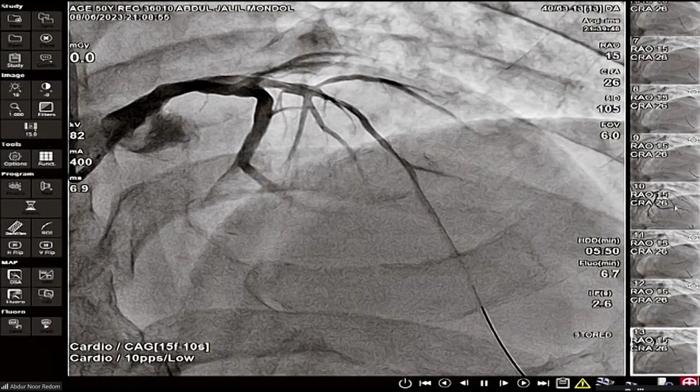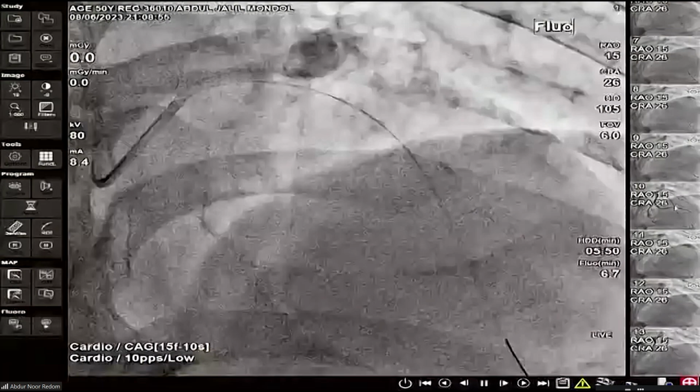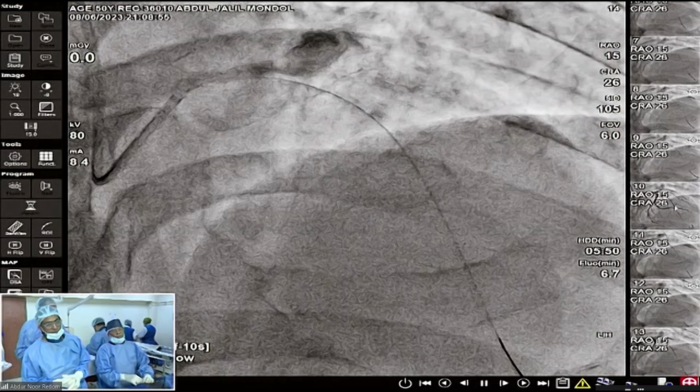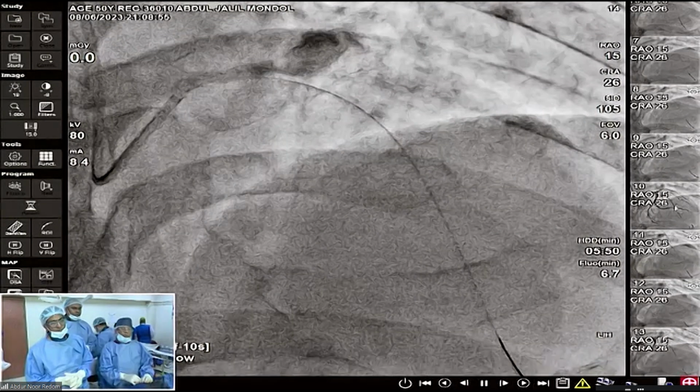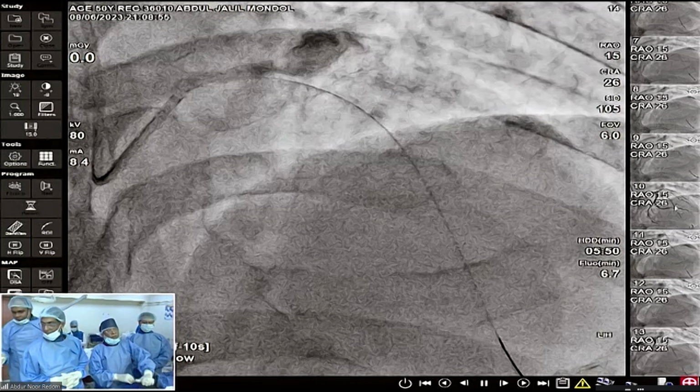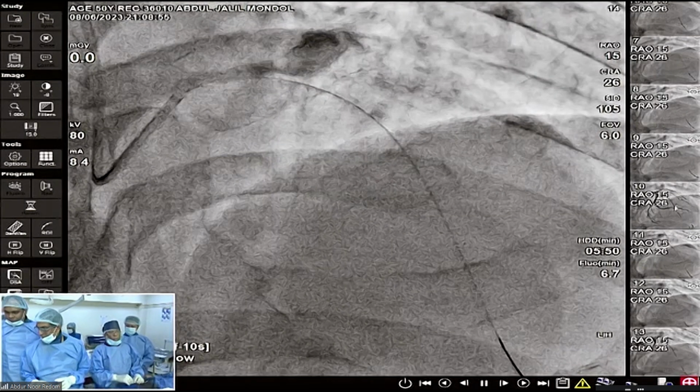But what is my feeling, my experience? If it is more than, suppose, 2.5 millimeter and a very good size vessel, I really want to protect it. Then I consider wiring. Exactly. Otherwise, I don't go for this. I don't even bother about the wiring. Yes, we agree with you, though the vessel length is longer, the diameter is less than 2. So no need. It is supplying less than 10% of the myocardium.